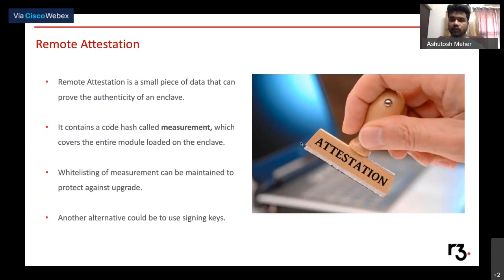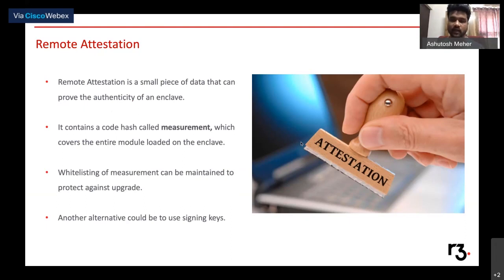Or it will also let you know whether that particular enclave, which is telling you that it is going to do X with your data, or process your data in a particular manner, is actually doing that. So the remote attestation will come with a special code hash, which is called a measurement. And what that gives you is a special hash. It is not just a general hash which you can just generate. It is generated using a special tool, which will basically